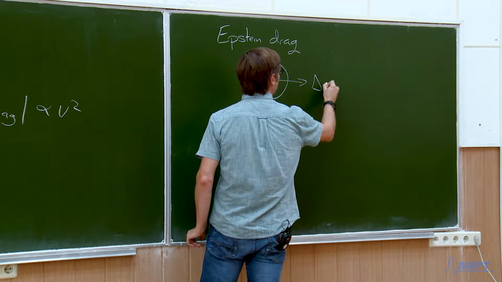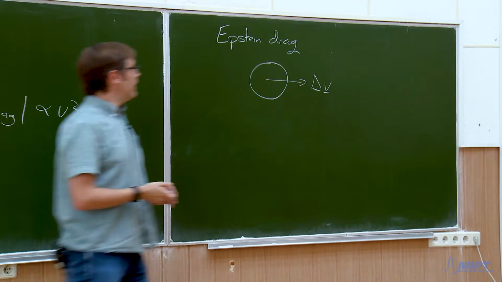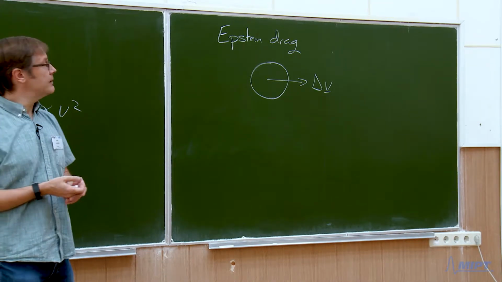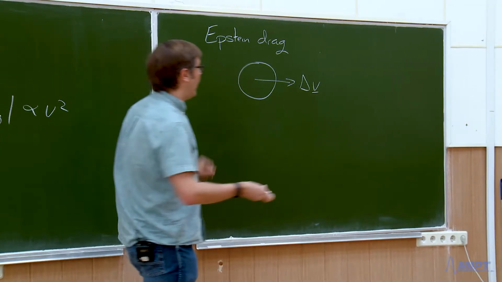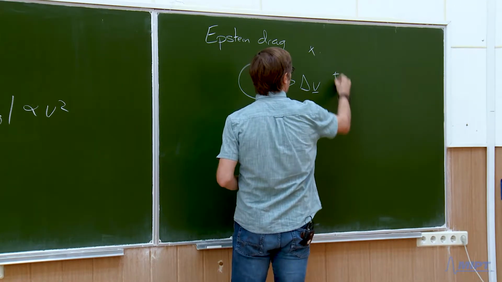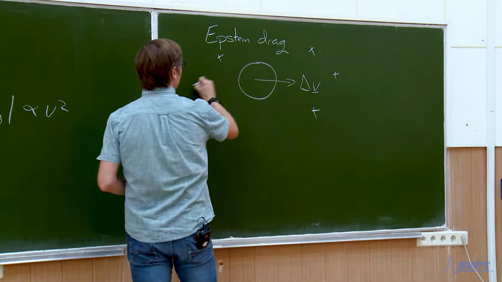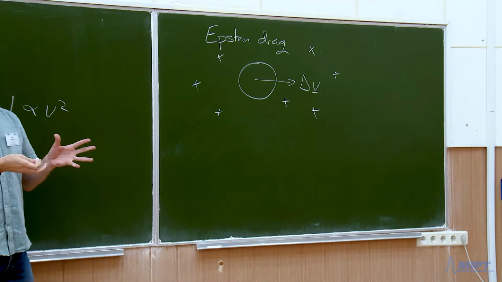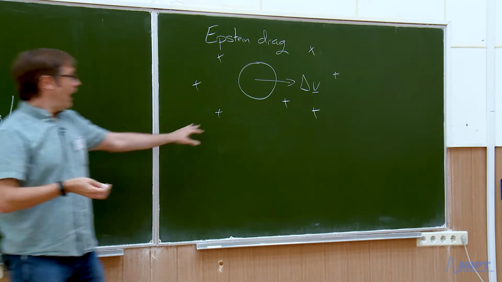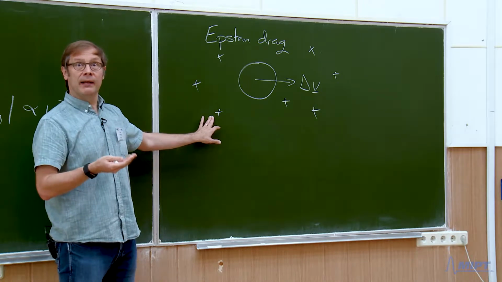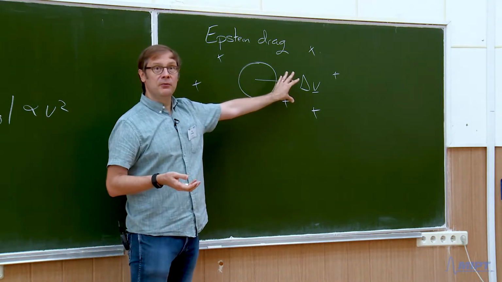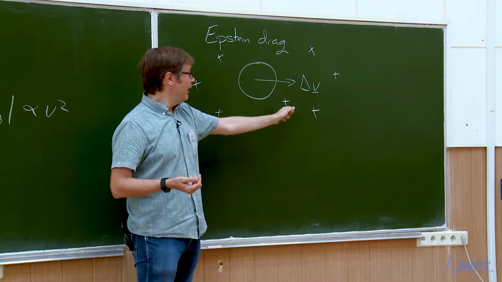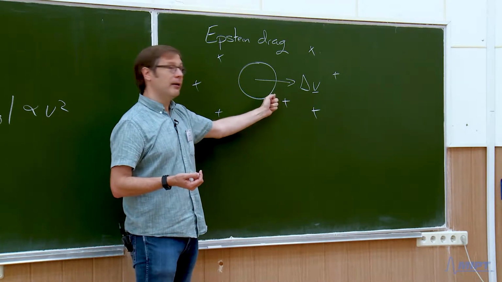So we still have a particle which is moving at some delta V with respect to the local frame in which the gas is stationary. But now instead of a hydrodynamic flow, you should maybe think of it that we have a bunch of individual molecules surrounding this particle. And these molecules are going to actually be moving typically rather fast compared to this delta V. Okay? And what would happen simply is that some of these molecules will hit and bounce off the front